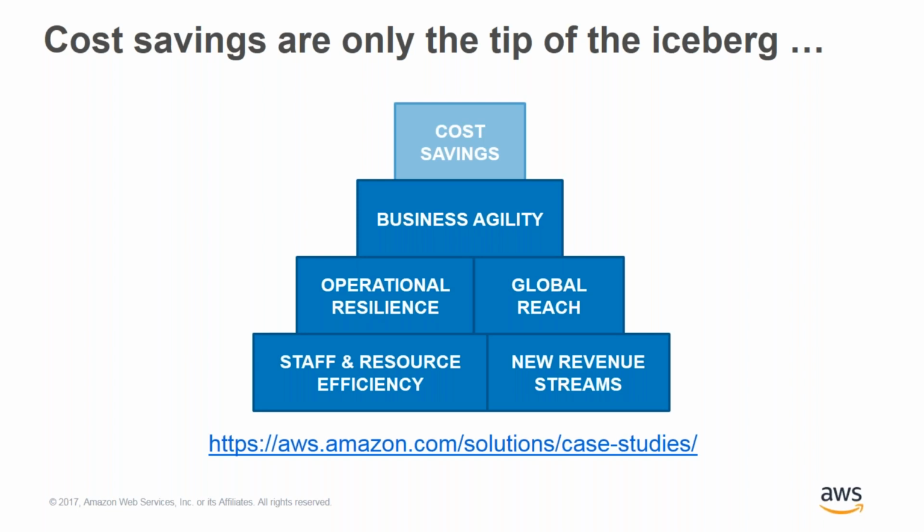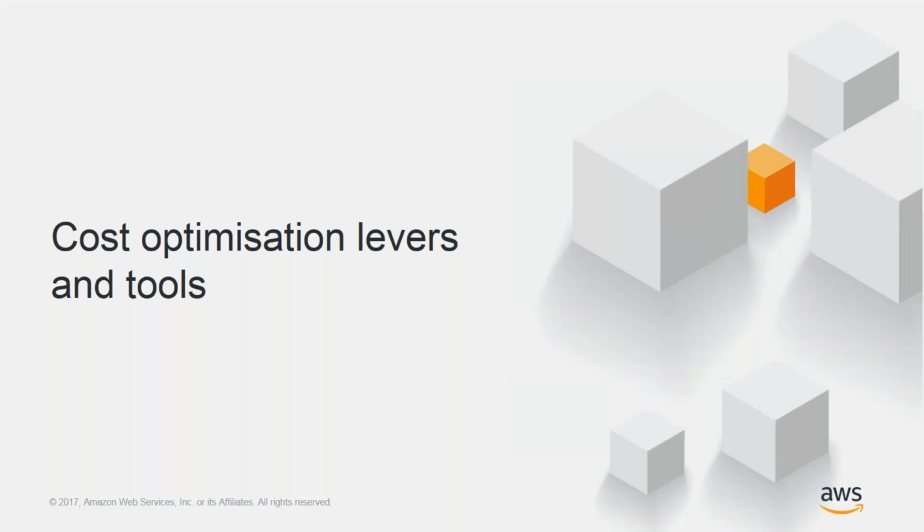Operational resilience is improved, and the CIO of Capital One stated that they feel that they can operate more securely on AWS Cloud than on their own traditional infrastructure. You have better global reach, so at the touch of the button, you can access any region you like within the globe that AWS reaches. Better staff and resource efficiency through automation, and some customers I've worked with have realized multi-million-dollar new revenue streams through additional computing power. And you can find out more at the various case studies found at the link below.